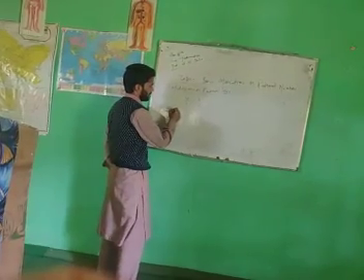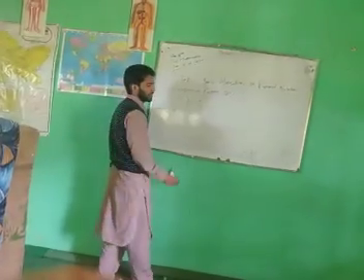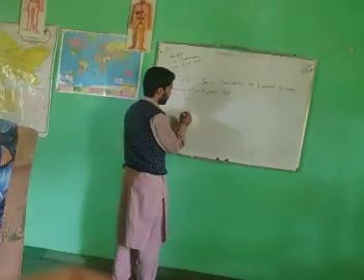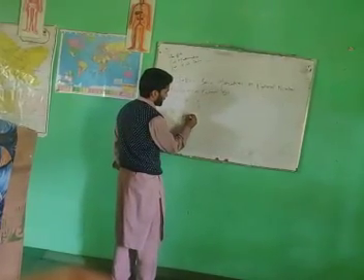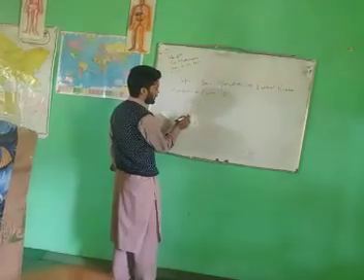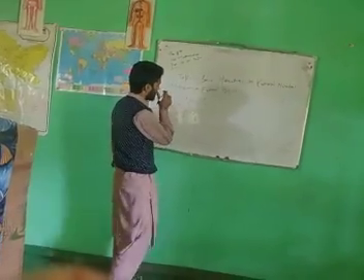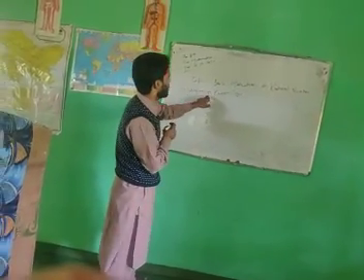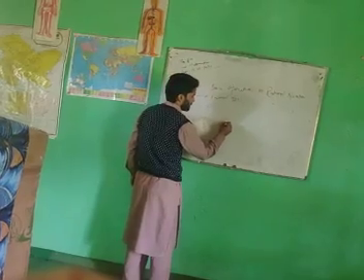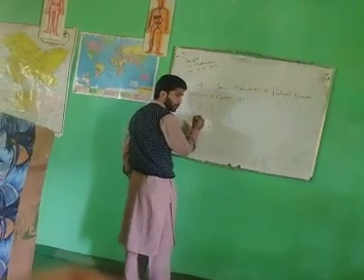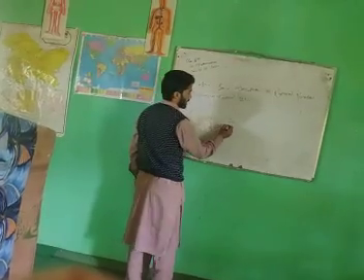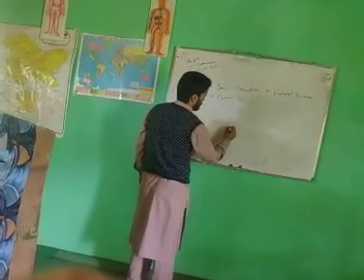Here only one condition, whether denominators are same or not. Rule is only one. We have to do like this. This is the sign of multiplication because we are working on multiplication on rational numbers. This will become 4 into 5. Simply we have to multiply numerator with the numerator, denominator with the denominator, divided by 7 into 8, 56.